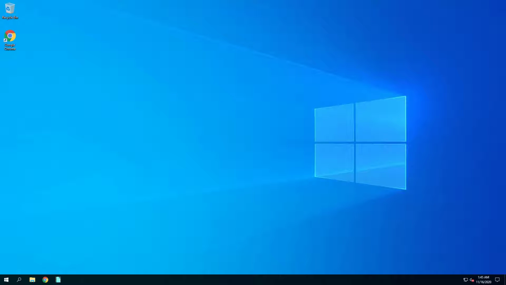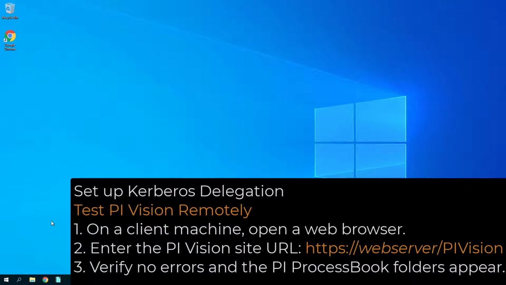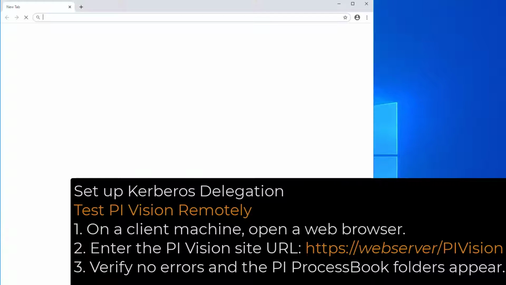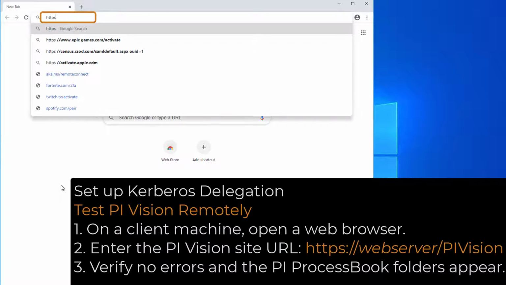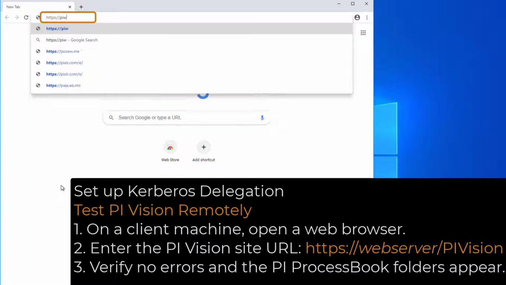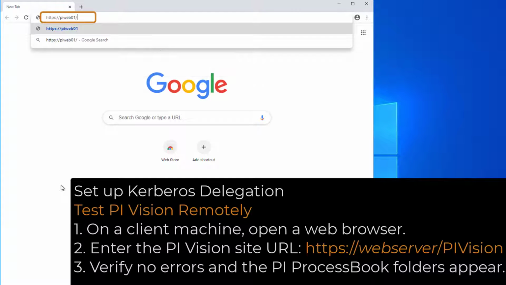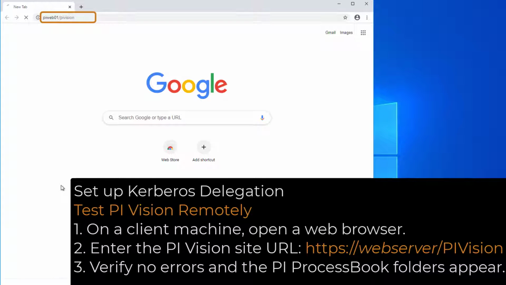Now that Kerberos delegation has been configured, we can test PI Vision remote access. On a client machine, open a web browser and enter the PI Vision site URL. By default, the PI Vision site will be located at https://webserver/PIVision, where webserver is the name of the PI Vision web server.